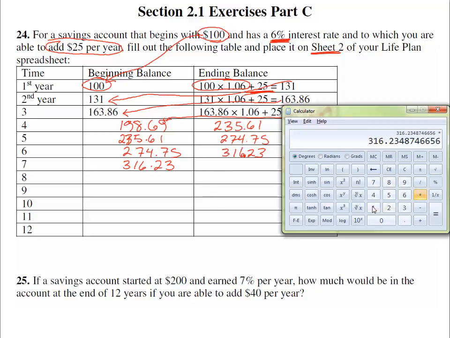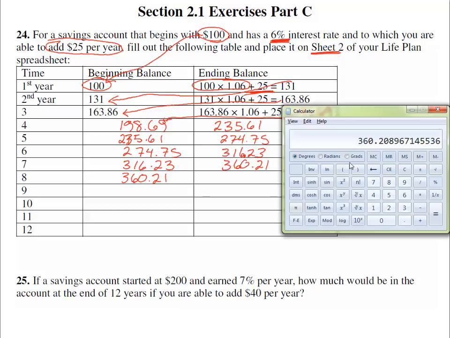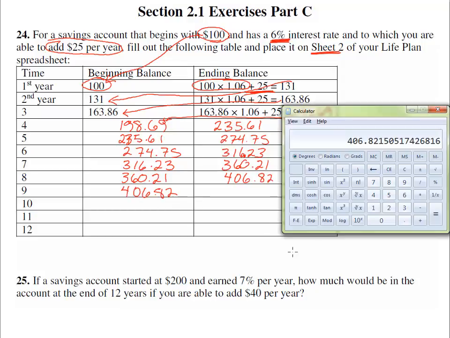The next year, times by 1.06 to add 6% interest plus $25 that we were able to add. 360.2, that 8 will round it up to a 21. 360.21. Beginning balance for next year, and let's find the ending balance for year 8. Timesing by 1.06 and adding $25. 406.82. That is the beginning balance for the next year, and to find the end of year 9, we times by 1.06 and add $25. And we get